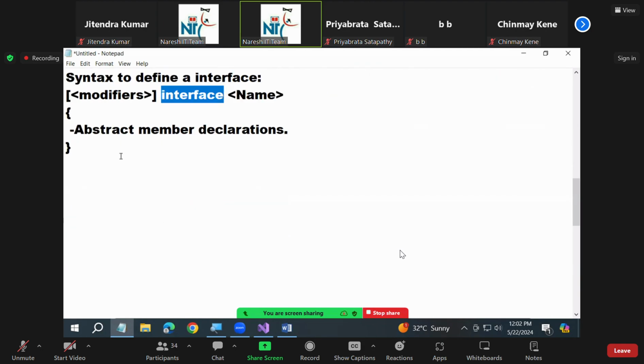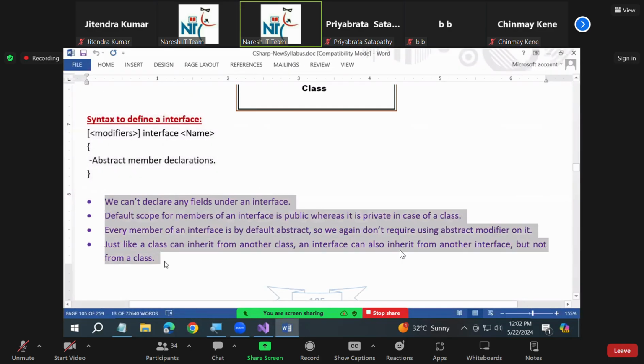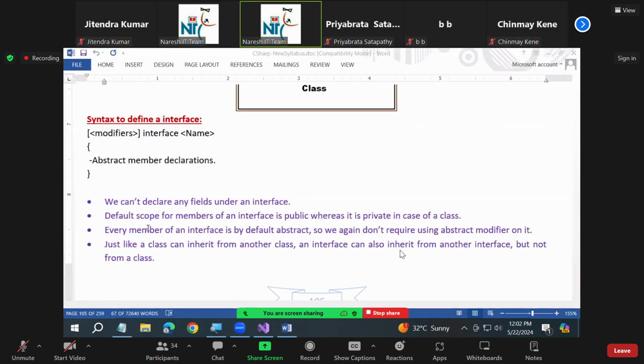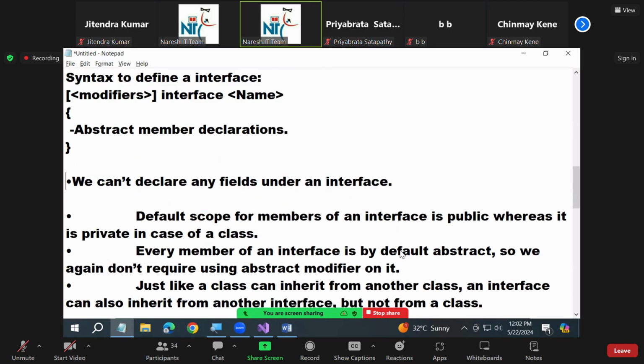Okay? Few important points to remember. We cannot declare fields in an interface. Second,